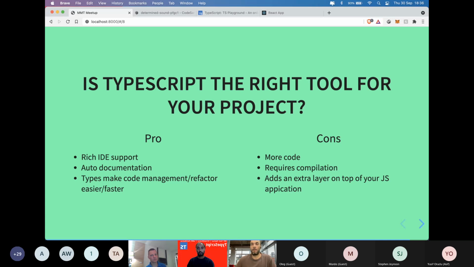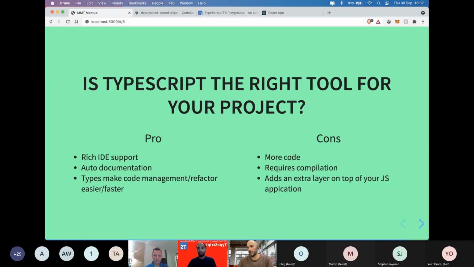So maybe for people that join the team who have never used TypeScript, or for junior developers with no experience, this might be a steeper learning curve. But I would say if you have to maintain a big project in the longer run, having a type checking system is really beneficial.